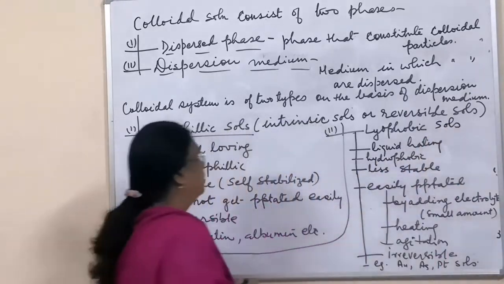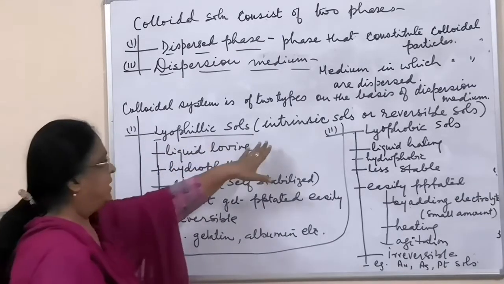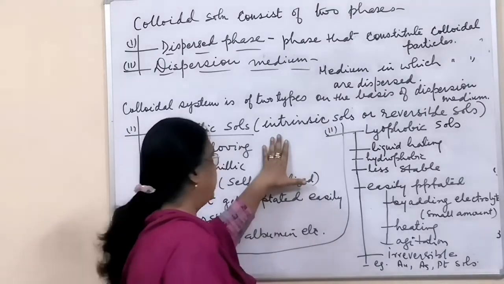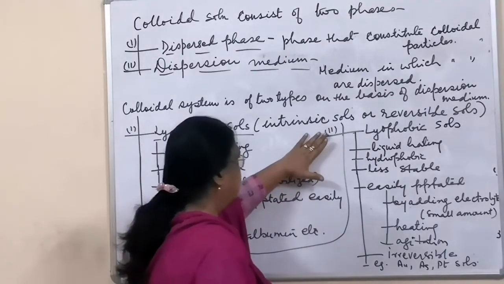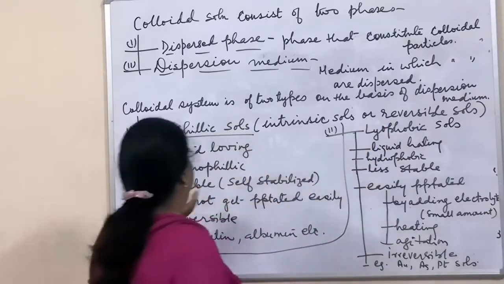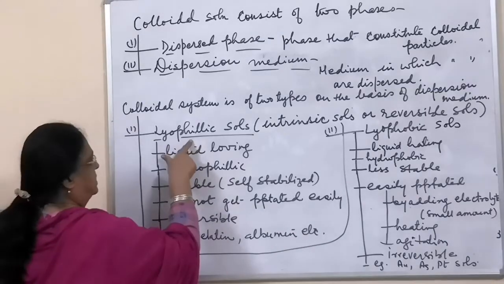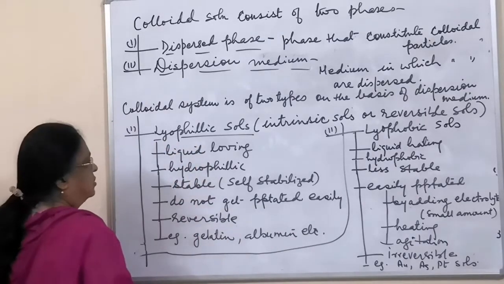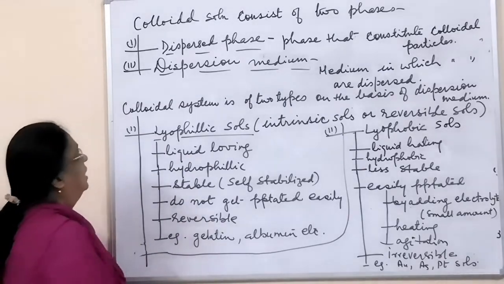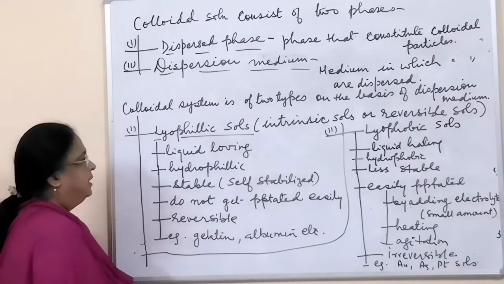So another name of colloidal solution is sol. Lyophilic sols, or intrinsic sols, you have studied in detail in the solution chapter already. These are also called reversible sols. Here we will see the property of lyophilic. Philic means loving, lyo is for liquid. So liquid loving: if they are loving the solvent, they are easily dissolved in the dispersion medium, then they are